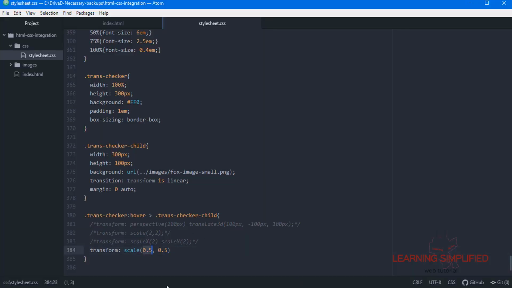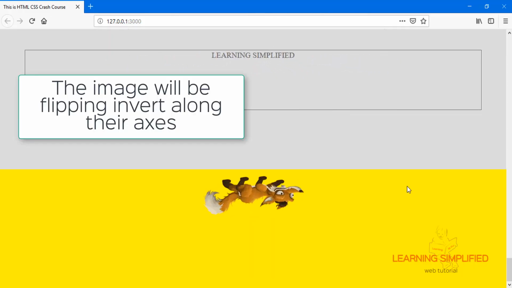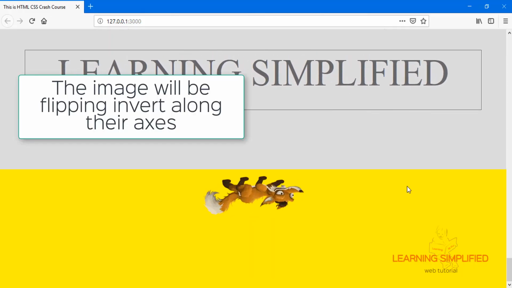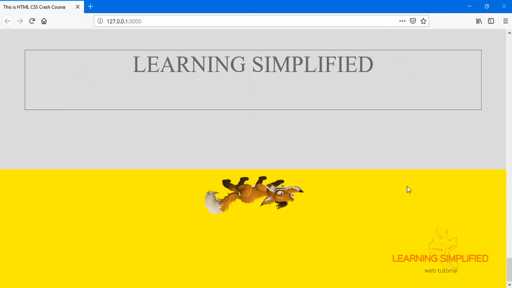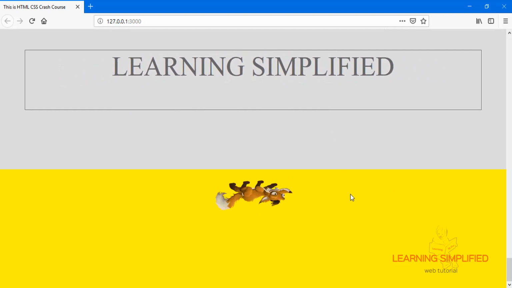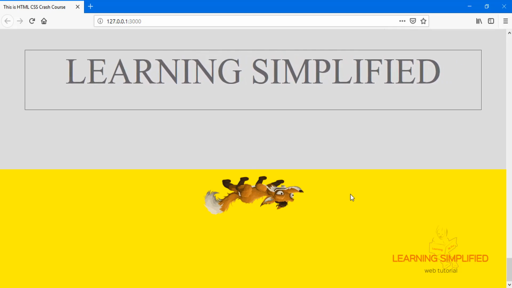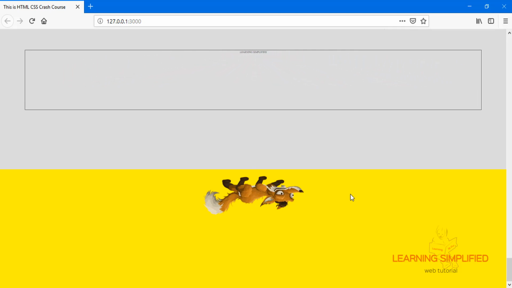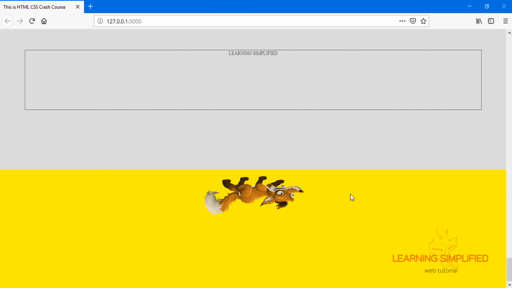Now what if we are putting a negative value? So we can see that both of them are having negative value right over here. Get back to your project and you can see that the image is now inverted in either direction, both in the x-axis direction and the y-axis direction. So we may conclude that if we provide a negative value, then the image will be practically shifting into the opposite direction, or the element where this value has been applied will be shifting into the opposite direction, in the same axis.